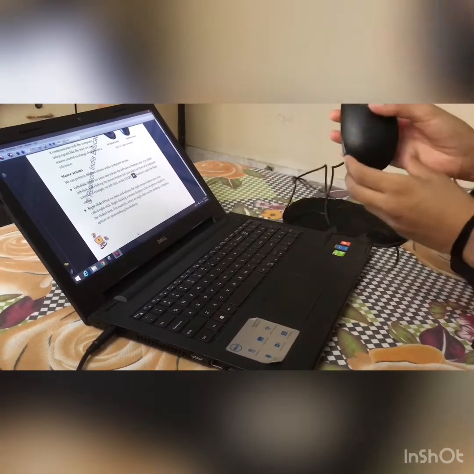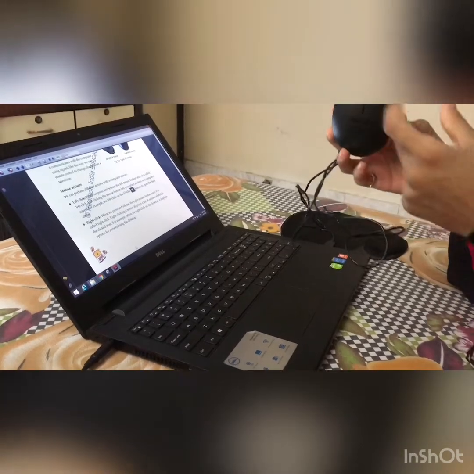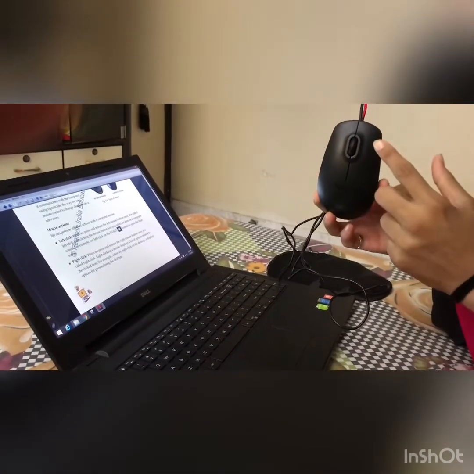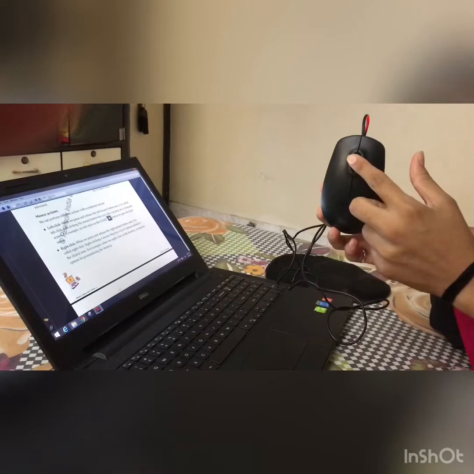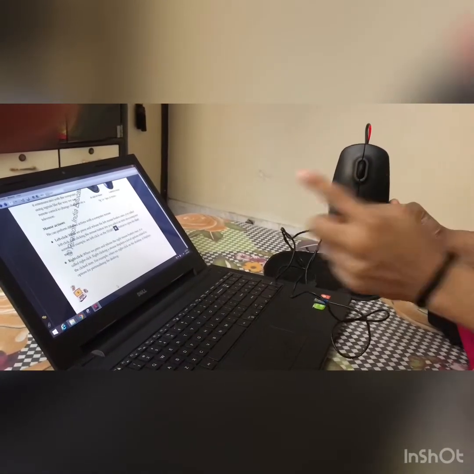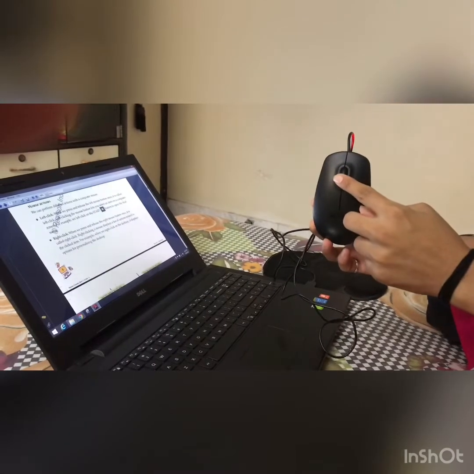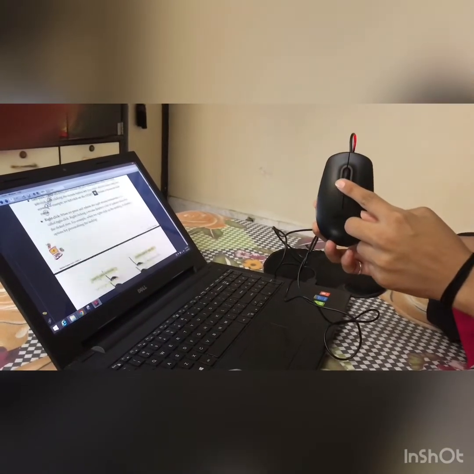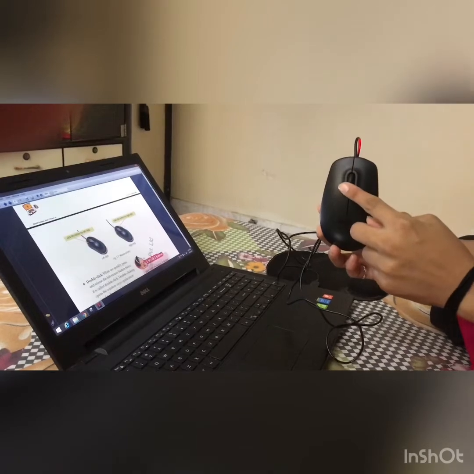Now we can see the mouse properly. This is left click, right and scroll. You can see that on the screen. When I use the scroll, the page is going up, down, up, down.